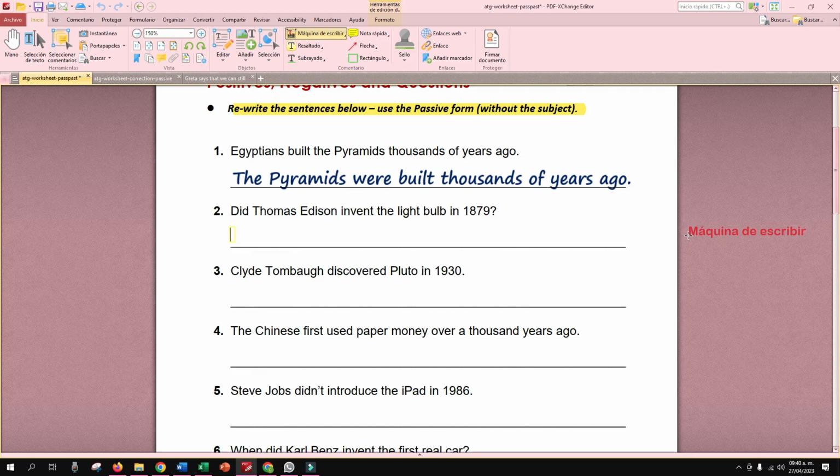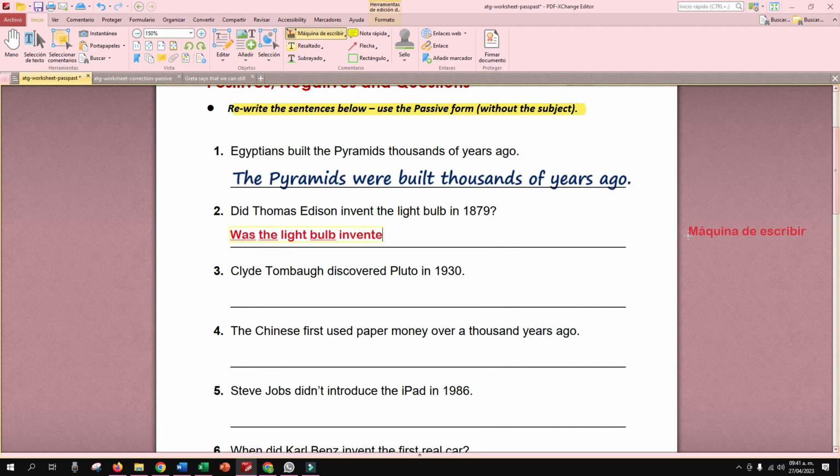The light bulb, not the ball. Remember that that is a question. So if it is a question, then was, right? Was the light bulb